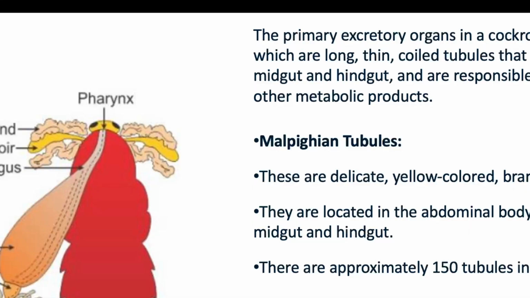In the excretion process, Malpighian tubules play a crucial role in osmoregulation, maintaining the proper balance of water and salts in the body, and nitrogenous waste excretion. The major nitrogenous waste product in cockroach is uric acid because they are uricotelic. The tubules also help in reabsorption of useful substances such as water, electrolytes back into the hemolymph. Remember, insects do not have blood, rather they have a fluid filled system called the hemolymph system. So that is the same reservoir as blood. Malpighian tubules help reabsorption of useful substances from the hemolymph.